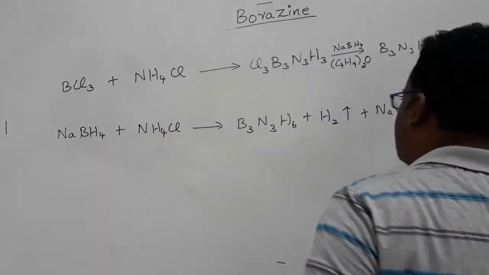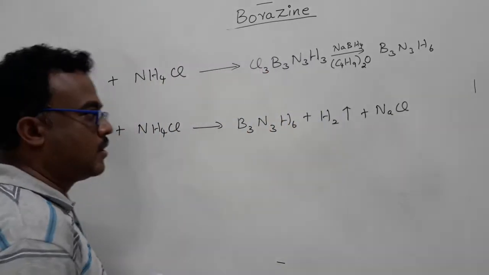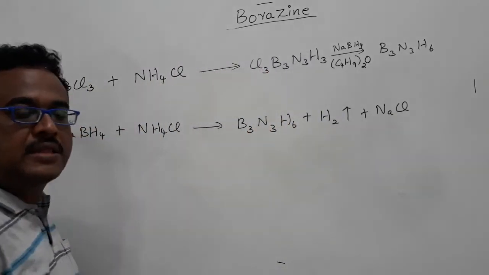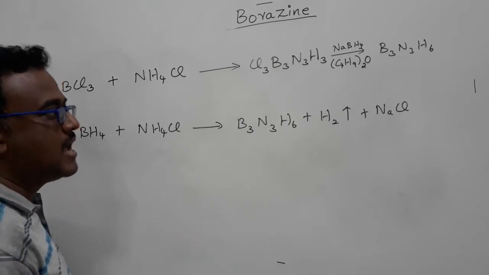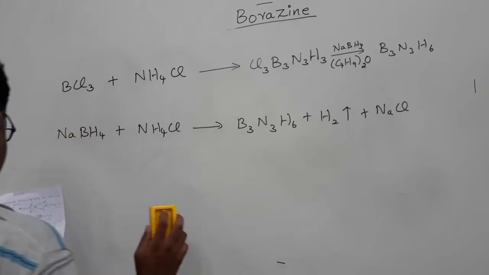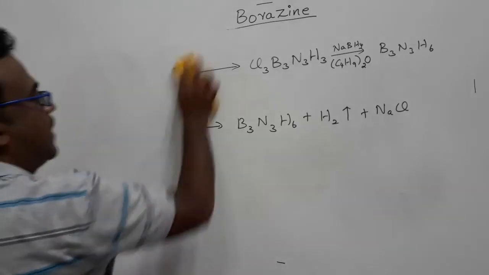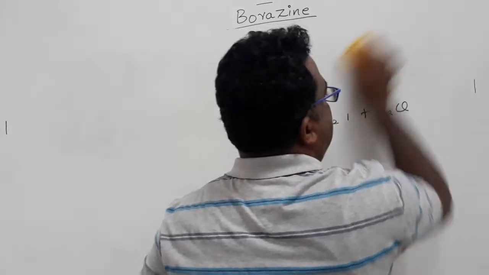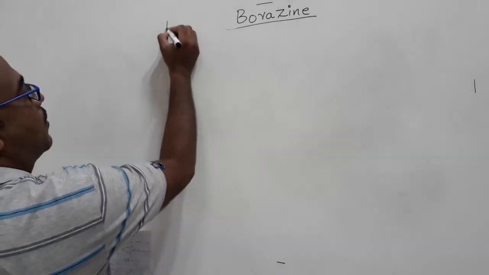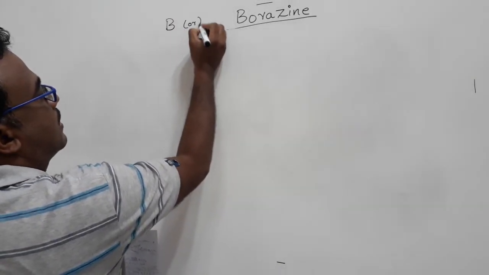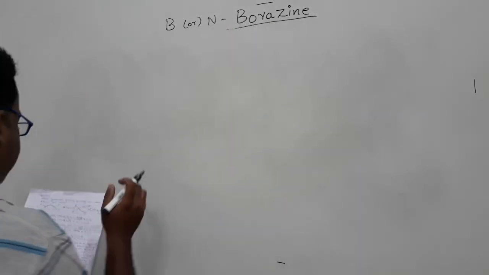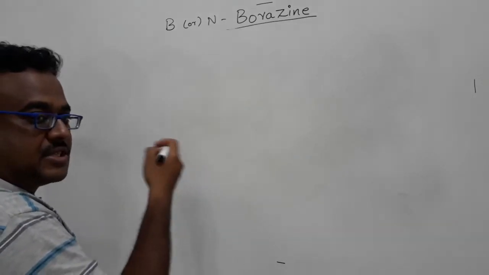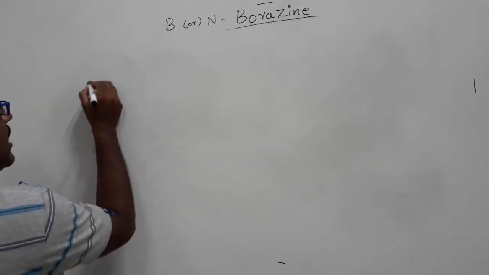Okay. Is it possible to prepare a substituted borazine? Substituted borazine means, instead of hydrogen, is it possible to prepare an alkyl group substituted borazine or aryl substituted borazine? Yes, we can do that also. If you have to prepare boron or nitrogen substituted borazine, how can you prepare it? You have to take the starting precursor with the substitution. Then you can get the compound.